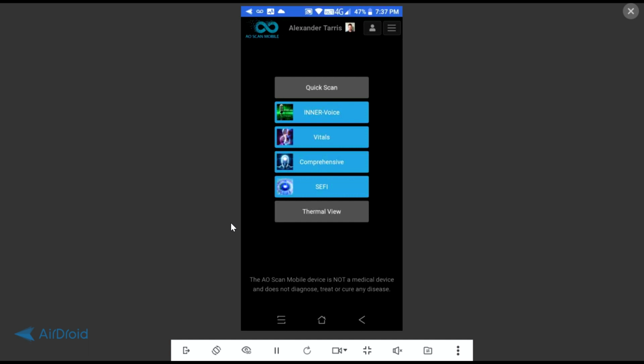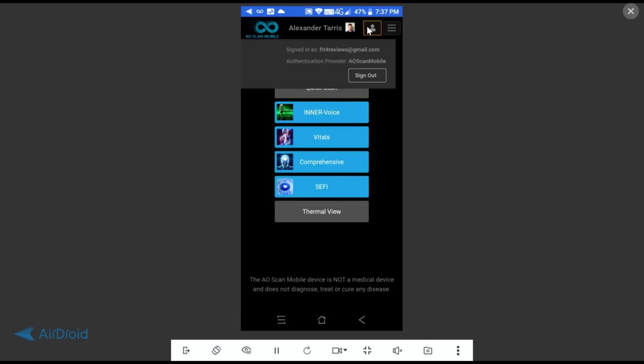And then I would like to point out that when you first roll into your app software here, at the top here, it will normally have a thing that says guest. It will not have any sort of name or photo or anything like that. It'll just be blank. It'll say guest client or something like that. That means that nobody is loaded in there. And that simply means that all you need to do is